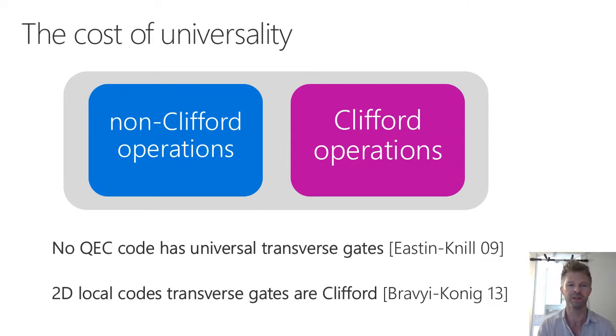Moreover, Bravyi and König refined these results for the class of codes that you can describe as 2D local. So these are codes where you can implement the check operators using geometrically local stabilizers in a 2D layout. And in this setting, they proved that the transversal gates not only are not universal, but in fact have to be Clifford. So this division of operations into Clifford and non-Clifford seems somewhat fundamental, provided that our quantum computer is based on 2D codes,